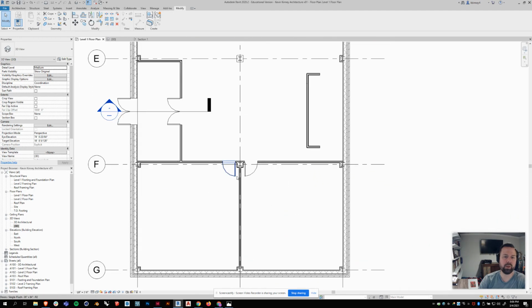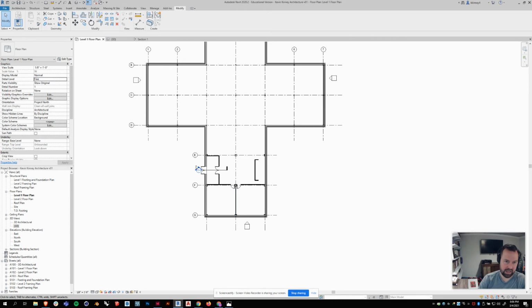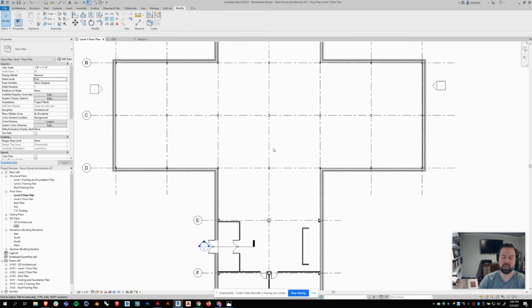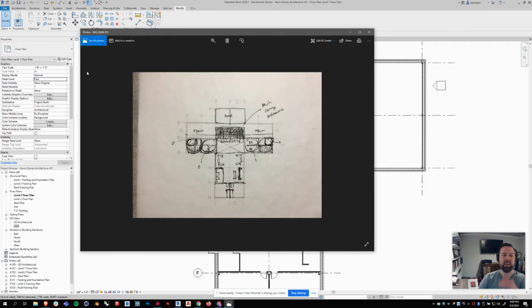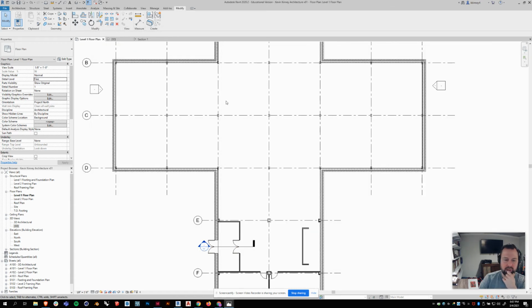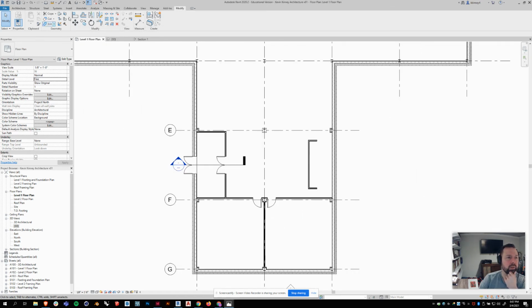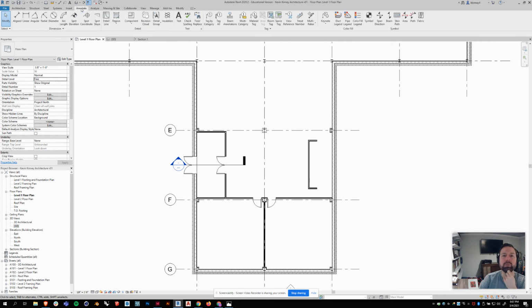So what I'm going to do now is sort of lay out the rest of my plan, how I thought would be good according to this. So I will put in all the walls and I'll sort of massage and move things around and be like, no, that doesn't work. That does work. And sort of get everything into place. One last thing I want to show you, and you've done this already too, is annotate